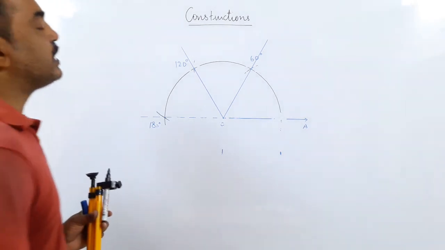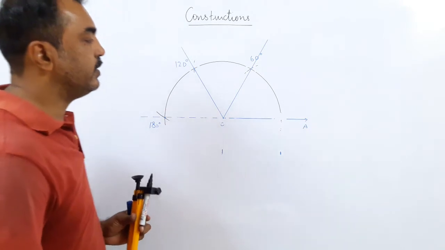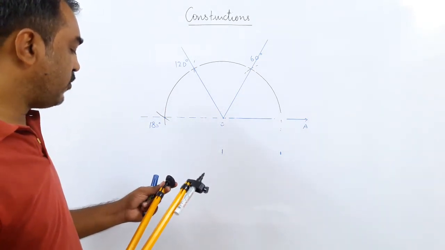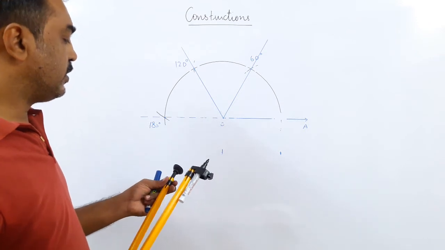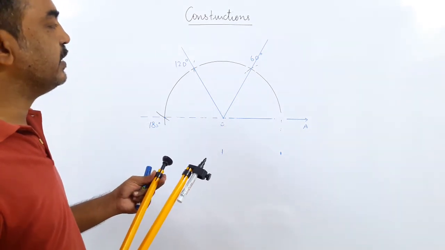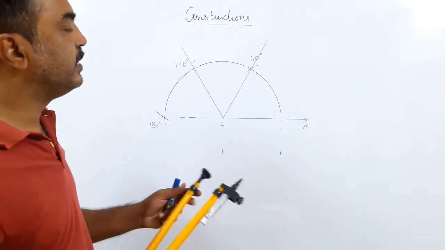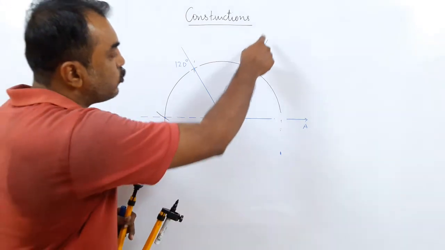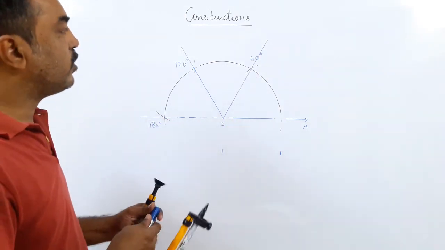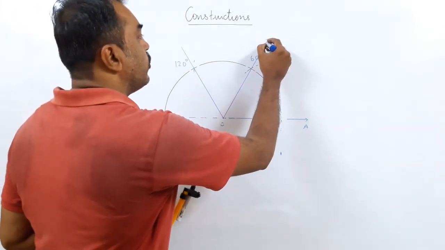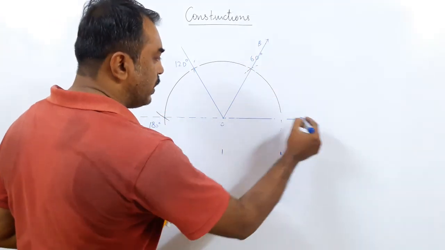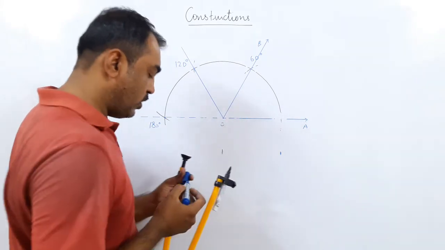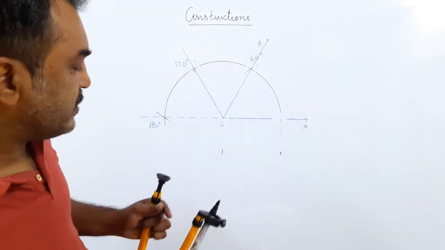For the other angles, suppose I want say 30 degree. Now, what is 30 degree? We know 30 degree is half of 60 degree. So how do I get half of 60 degree? What technique did we learn before? Angular bisector. It means I have to bisect this angle. If I call this point B, then I've got BOA. This angle BOA is 60 degree. So if I want 30, I will have to bisect BOA.